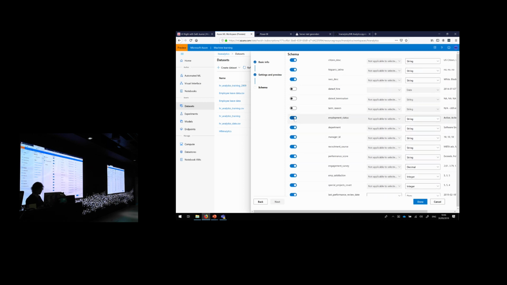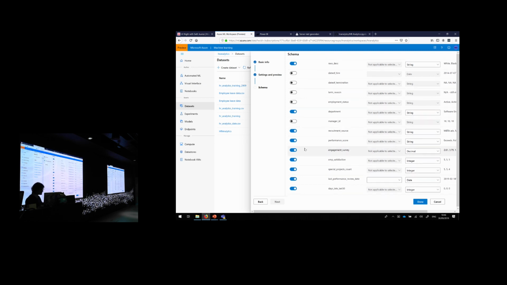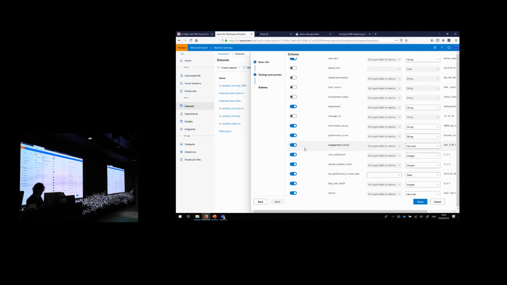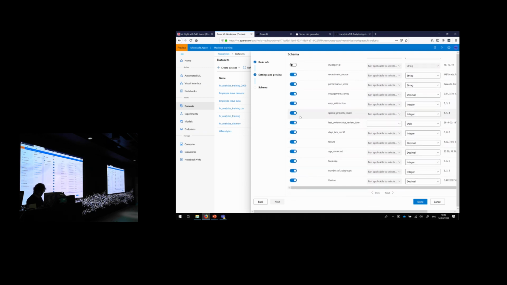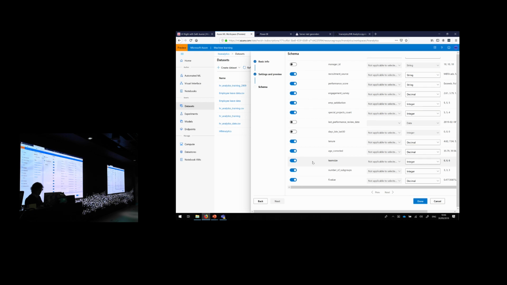Their status is active, because you can even see what it is. So they're all active, we don't want that. Manager ID is not needed because we use the name, in this case, because the ID was missing for some. And then if they did last special projects, also interesting. And the review date is not necessary anymore. We know that the days they were late in the last 3 days, we inspected it already, and everything is 0. So it's just a constant. We don't need it. All right.